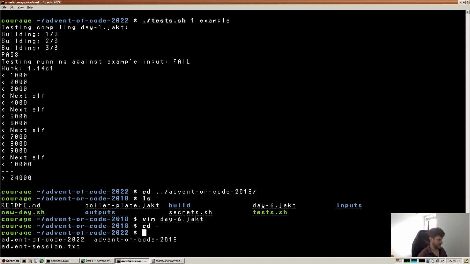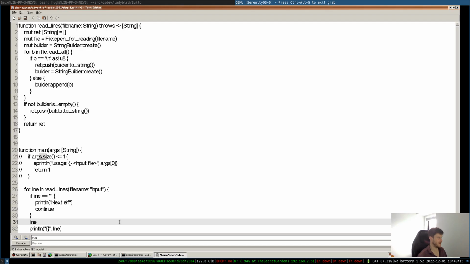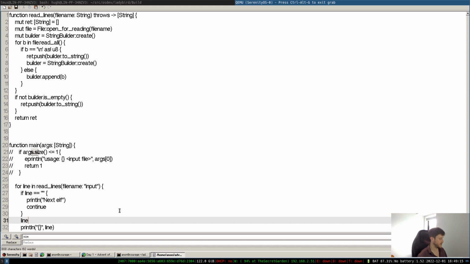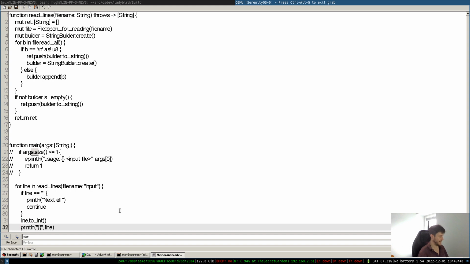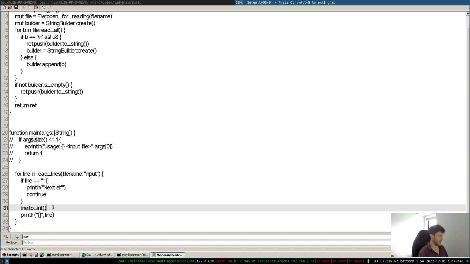The documentation is very minimal and doesn't cover everything, and you kind of have to look through the headers to work out what functions there are. But yeah, .to_int. I'm new to the language, so I'll have to look things up as we go, but I'll probably start just remembering things. But yeah, we can see that this will get us the integer, and we're going to assume it will error out if the input isn't